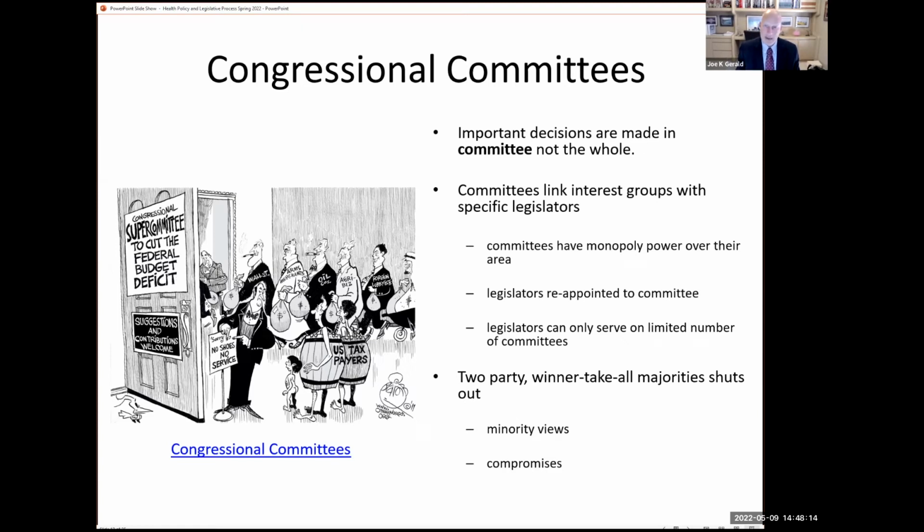I'm going to have a lobbyist that pays attention to what that senator is doing and how they're voting within committee, because committees have monopoly power over their area. The only place a bill can be introduced to oversee, for example, the energy industry is the Energy Committee. And so there's no other committee that can step on another committee's toes.